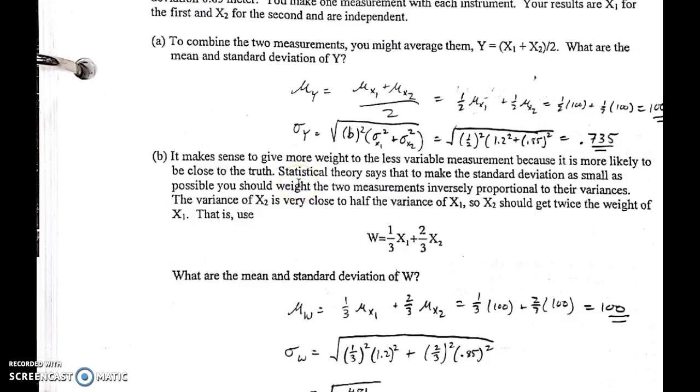And the way we're going to do that, statistical theory says that to make the standard deviation as small as possible, you should weight the 2 measurements inversely proportional. Inversely means like the reciprocal, inversely proportional to their variances. So we need to look at the variances of each of these